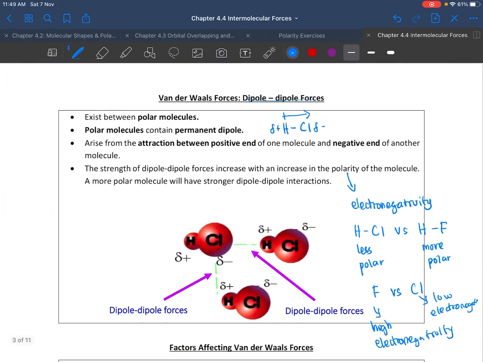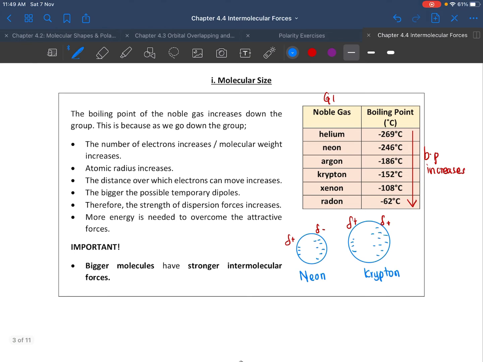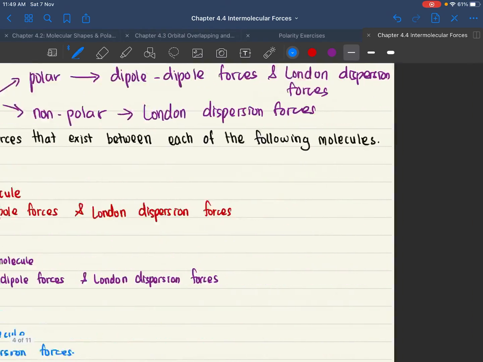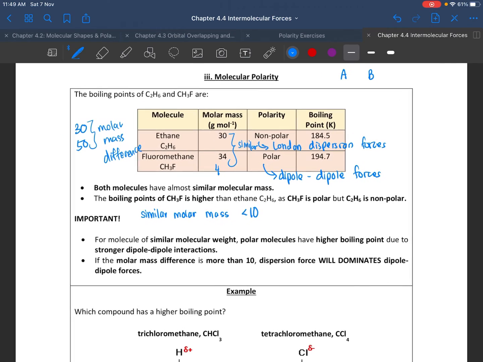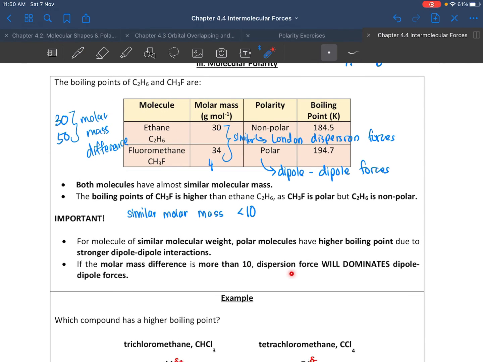Okay, kita kena tengok balik the first factor iaitu ini, molecular size. Kalau molecular size dia besar, that means stronger intermolecular forces. Alright, so dia kata kalau molar mass difference is more than 10, dispersion forces iaitu London dispersion forces akan dominate